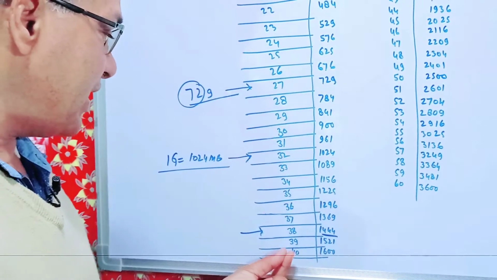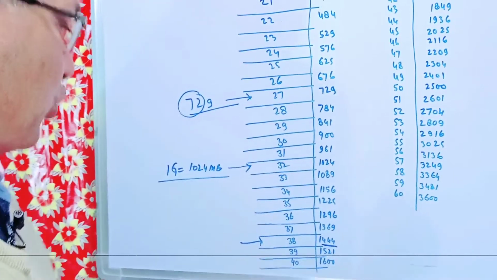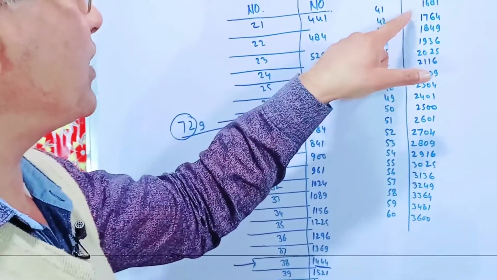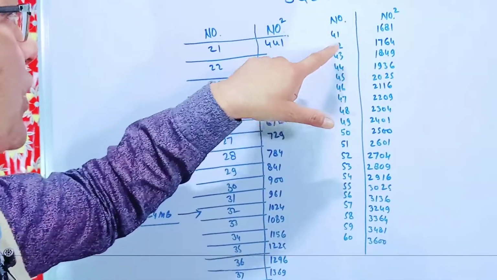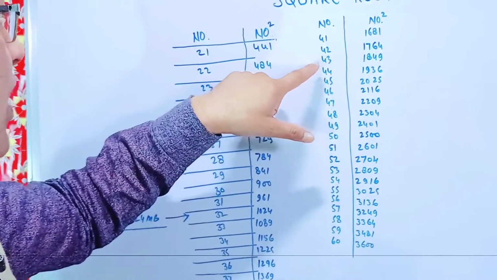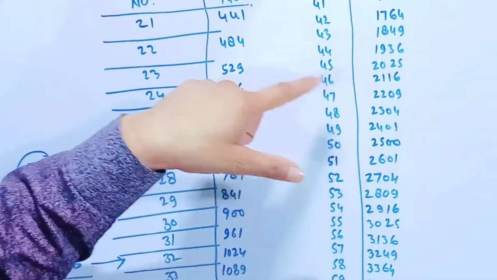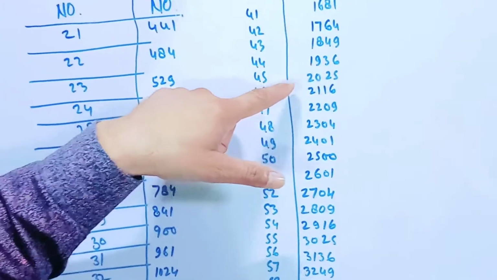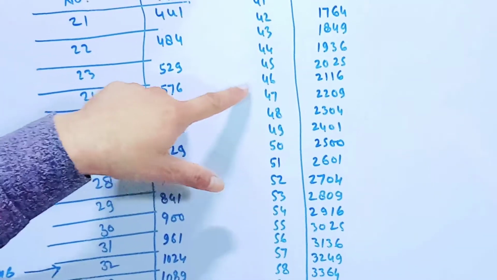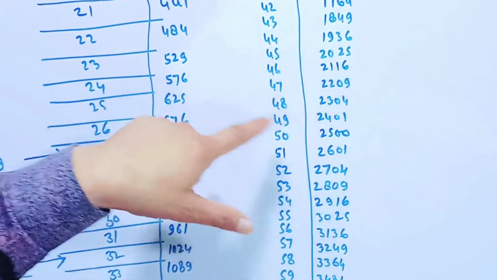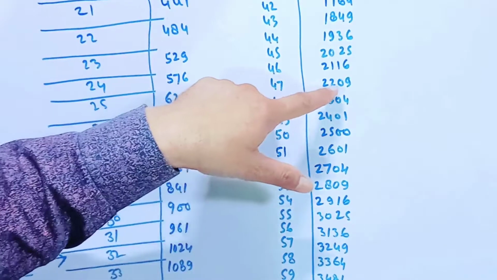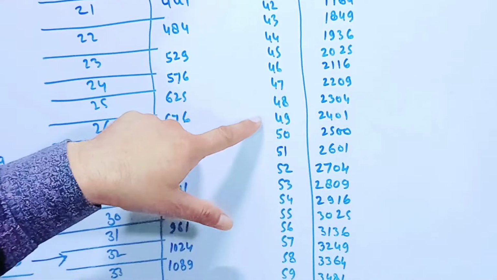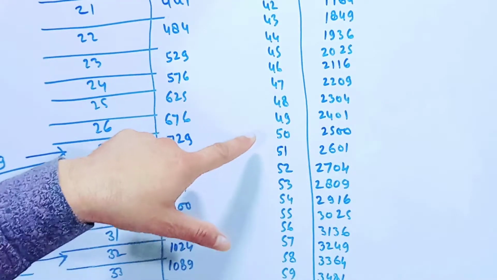and the square of 39 is 1521, square of 40 is 1600, square of 41 is 1681, square of 42 is 1764, square of 43 is 1849, square of 44 is 1936, square of 45 is 2025, square of 46 is 2116, square of 47 is 2209, square of 48 is 2304, square of 49 is 2401, square of 50 is 2500,